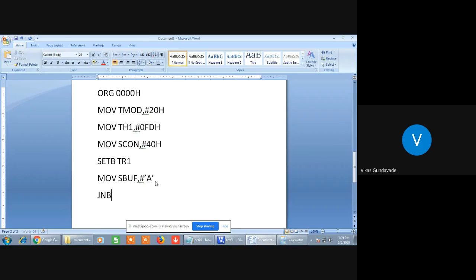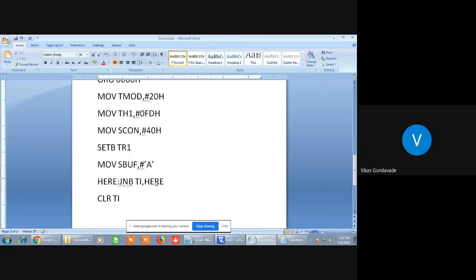So we need to wait until this TI bit is set. So we will wait here. When the TI is set, we need to clear this TI so that the next data will get transferred. And after that, if you want to repeat the process, we will repeat it with